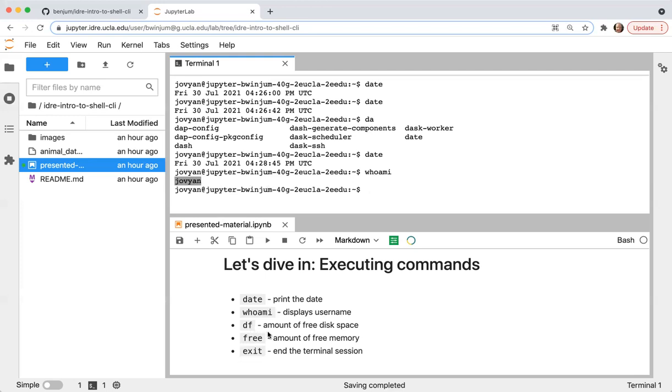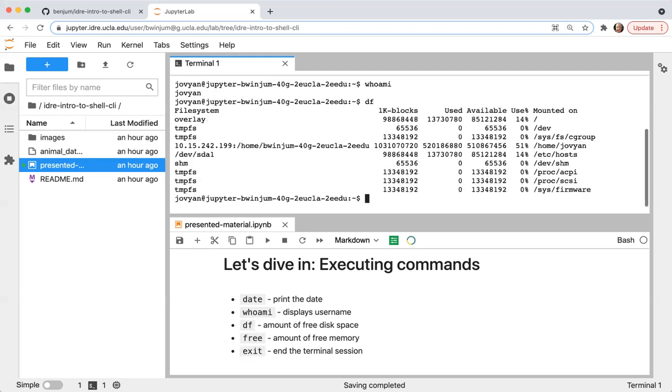And then just to type a couple more, df will show you the disk usage on the system. This tells you various things about the system, which I won't get into, but over here you can see the percent utilization of these particular devices that are mounted.